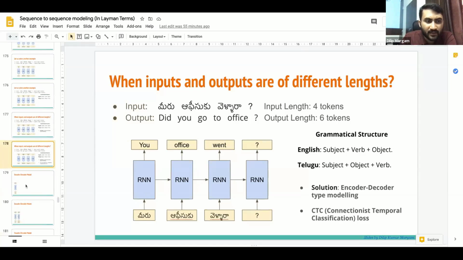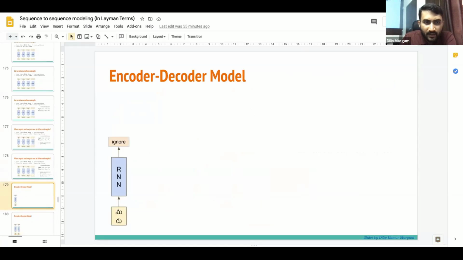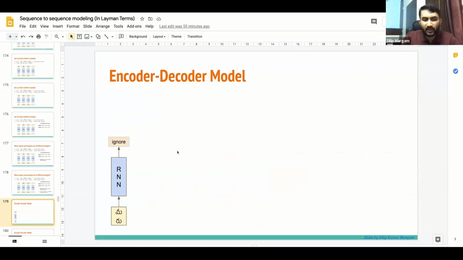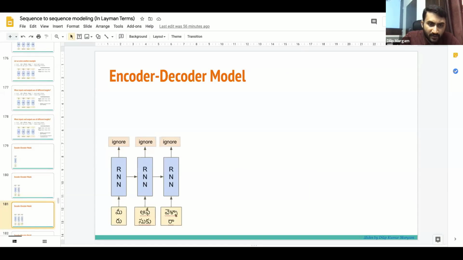What is encoder decoder? In encoder decoder models, the encoder is an RNN and the decoder is an RNN. Let's see what happens with the encoder on a simple example. Here, the same Miro office ki Velara example. Miro is given and whatever output comes for the first token is ignored, then the second token office key is given and this output is also ignored.